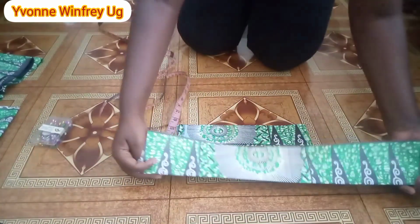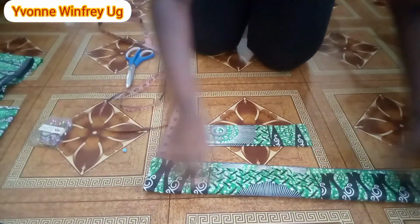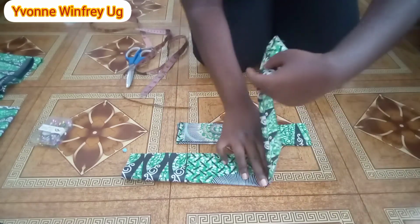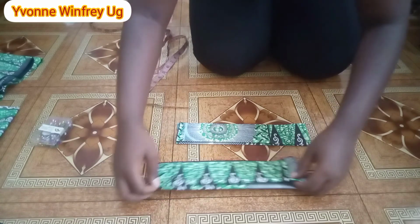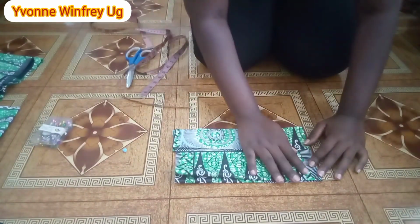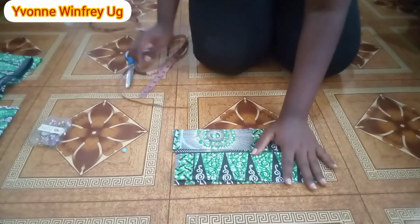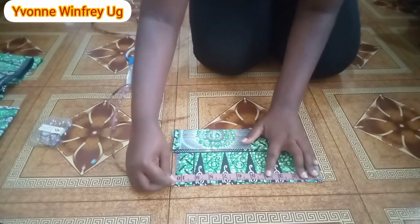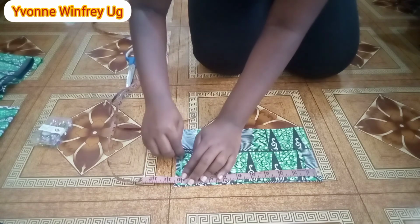This other piece, the upper one, I'm showing you from the right sides of these pieces. It is also folded into two, length folded into two, and the width is folded into two. So now I have my two pieces. As I'm showing you, that is how they will be sitting on the dress. So this also, we need 10 inches first,